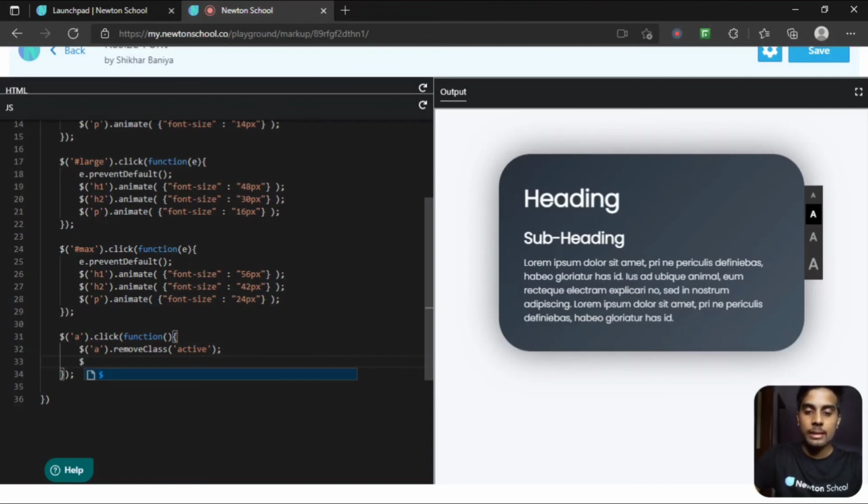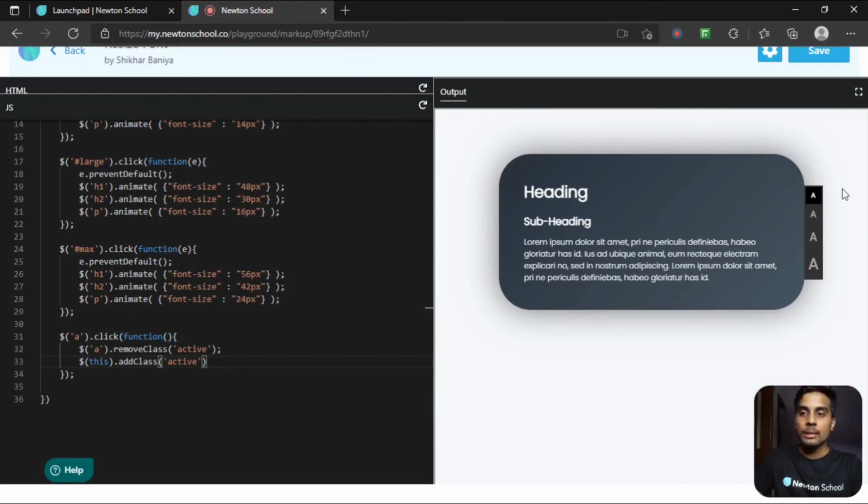There is a keyword in JavaScript called this. Whenever you click on something, whenever you hover on something, whenever you submit a button, the particular tag that you have clicked or hovered over, this keyword contains that tag. So for this I want to add the class active.